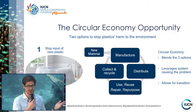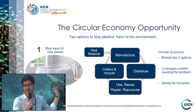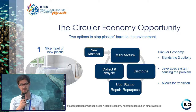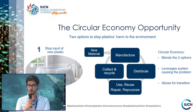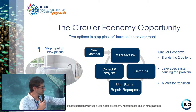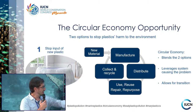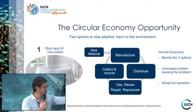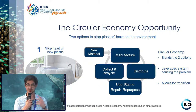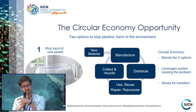So the two options, obviously, are stopping the virgin plastic entering the economy and the systems, and scooping out what's already out there. What circular economy does is combine the two, hence the opportunity, right? New material gets in, then you have manufacture, distribution. It starts with reuse, repair, repurpose, and the collection and recycling for whatever is not reused, repaired, and repurposed. And this is the beauty of the circular economy, blending the two options by leveraging the very system